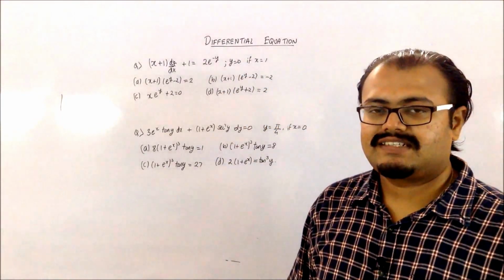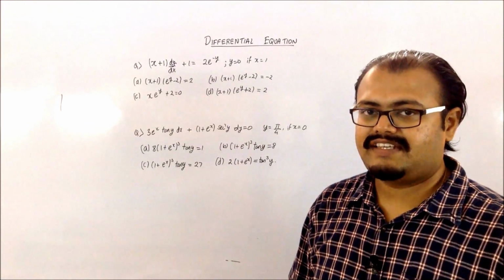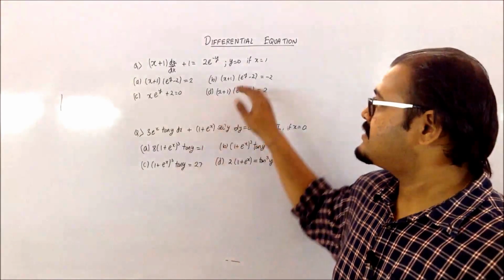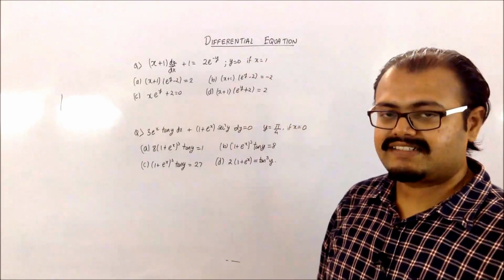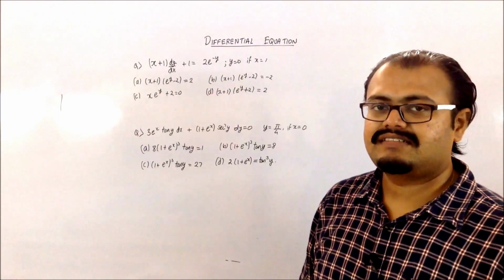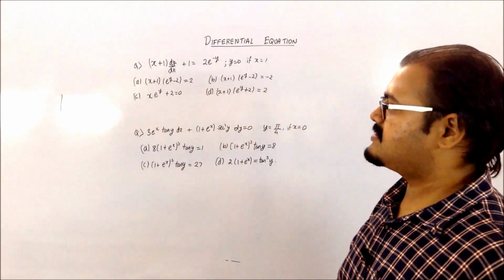So basically your steps are, you have to first of all solve the equation. You will get it in terms of a constant c, and then you have to just substitute the given values of y and x, and then you will get your c, and then resubstitute it in the equation. So what you have to do is basically solve this equation.